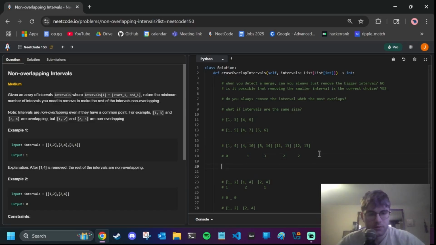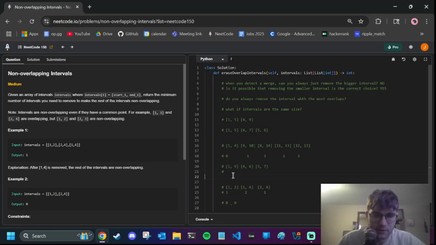Okay. So can you have three intervals that all overlap with each other? I would say yes. So let's say something like this. In this case, this overlaps 2. This overlaps 2 as well. And this overlaps 2. Yeah, so in this case,